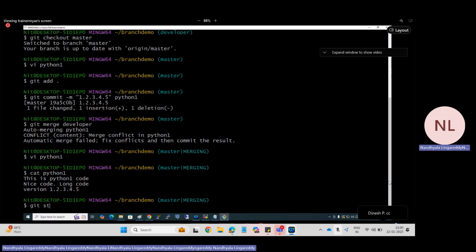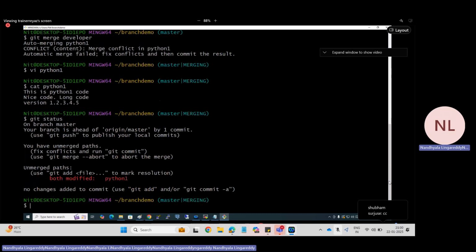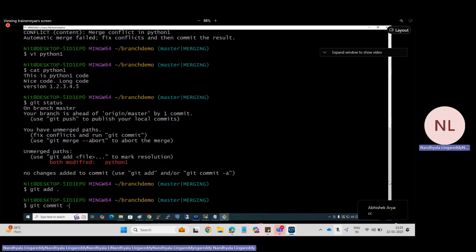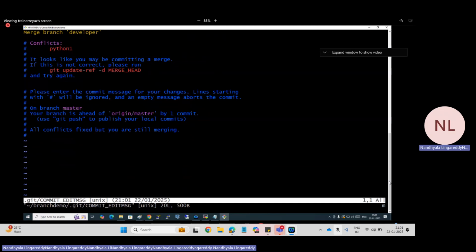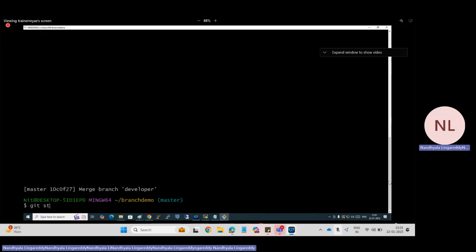So if I do git status here, right? It's modified. If you want, add it, and then git add and then git commit minus m, and then here what we did? Merged. You can put whatever, right? So okay, here you don't need to do that, just do git commit. So actually -m merge is not required here. Just do git commit, and then it will ask, save it. That's it. If I do git status,